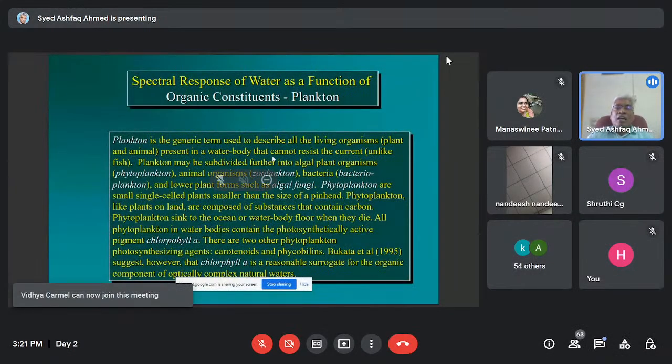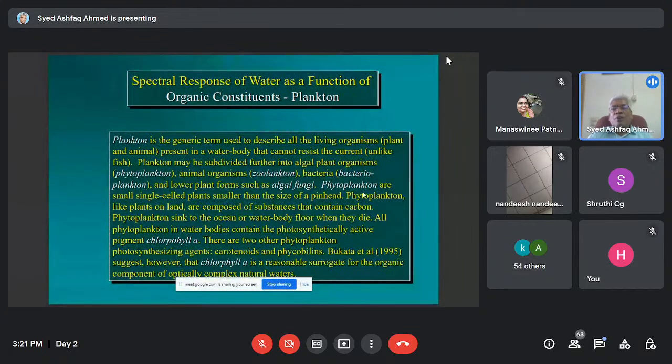Likewise, we have the organic constituents. What organic constituents do we generally come across in water? We have the phytoplanktons. These are algal plants which are present in any kind of fresh water, in rivers, in oceans, everywhere you can see them. And also animal planktons called zooplanktons. And also we have bacterioplanktons and the lower plant forms such as algal and fungal